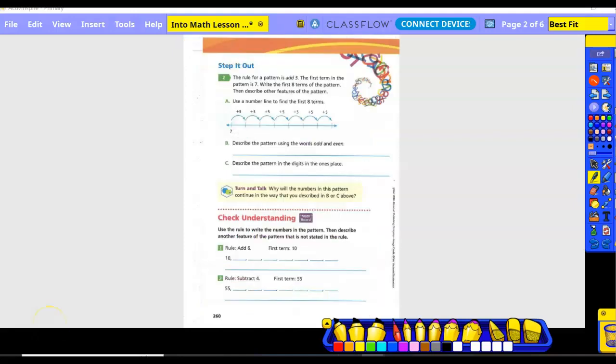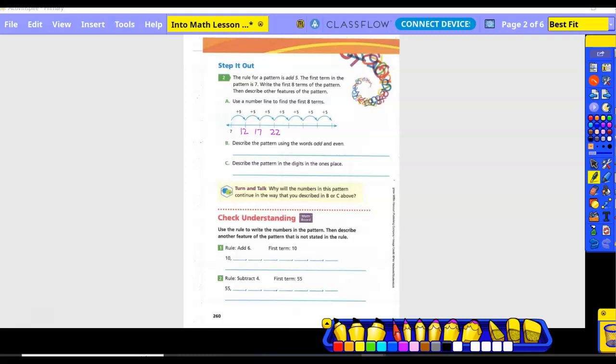Step it out. Number 2, the rule for a pattern is add 5. The first term in the pattern is 7. Write the first 8 terms of the pattern, then describe other features of the pattern. Okay, so we need to find the first 8 terms. So we start with 7. What's 7 plus 5? 12. 12 plus 5 is 17 plus 5 is